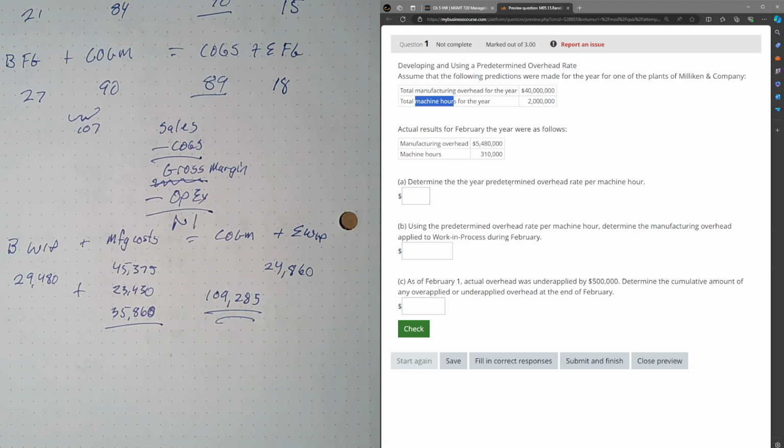And so the next thing we do is figure out the predetermined overhead rate. Now remember, that process is taking the total estimated. Now see here, assume the following predictions. So even though it doesn't say estimated in here, these two numbers are the estimates. So the total estimated manufacturing overhead is 40 million, number of machine hours. So what are we saying? We're saying it's 40 million divided by 2 million, or $20 per hour. Use the predetermined overhead rate per machine hour, determine the applied. So that's taking this rate times the actual machine hours. So the actual machine hours were 310,000. So 20 times 310,000 is going to be